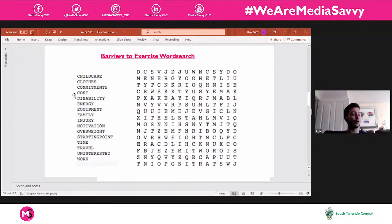Again, cost is always going to potentially be there as a barrier. It's a case of thinking about our budgeting and stuff like that as well. And it's a funny one, actually, cost. And this obviously doesn't apply to everybody. But you know what? A lot of the time, as fitness moves up people's priority list, cost starts to go down because, do you know what? All of a sudden, cost being a problem seems to dissipate and remove itself a little bit, because